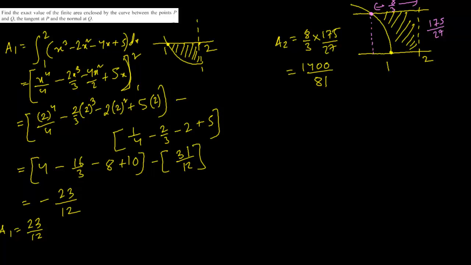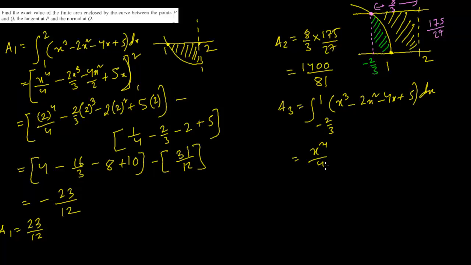So the region here, the area under the curve, this is minus 2 by 3, and this is 1. Let me call this area 3. So the limit is going to be minus 2 by 3 to 1, and the curve is x cubed minus 2x squared minus 4x plus 5 dx. So this is going to be x to the power 4 by 4 minus 2x to the power 3 by 3 minus 4x to the power 2 by 2 plus 5x, and the limit is minus 2 by 3